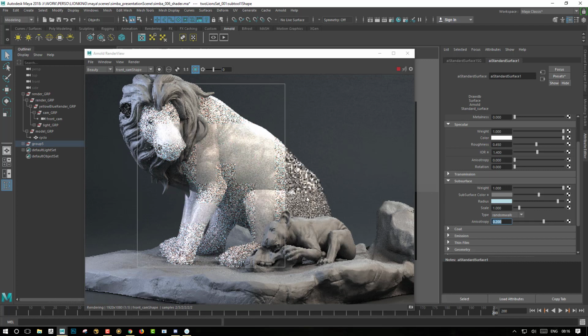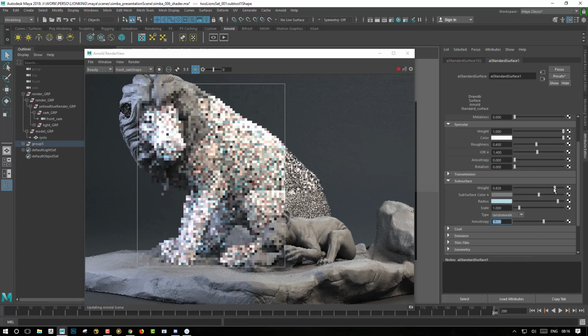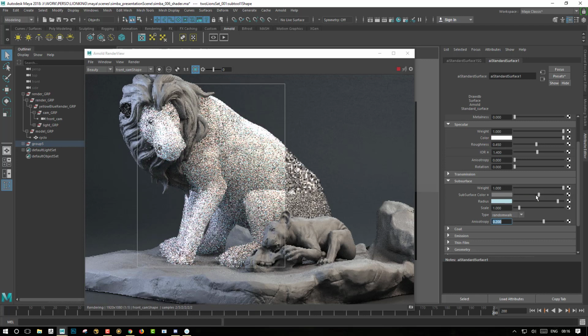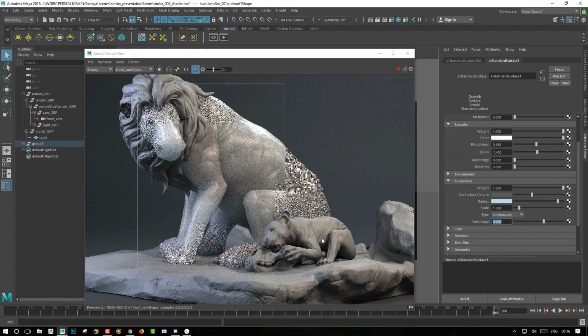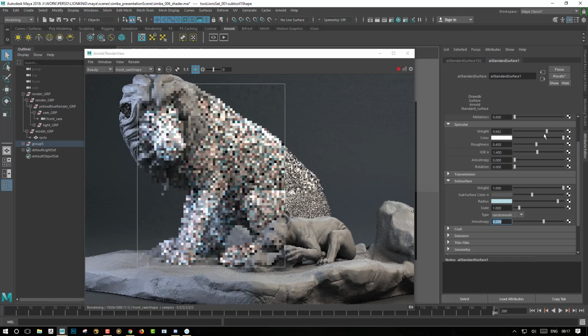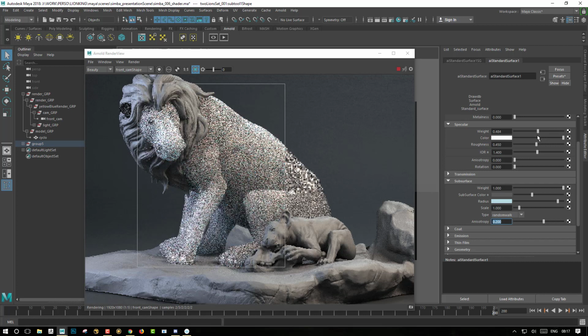So now that the shader has been set up, we just need to play with the different values. So I think that I will just try to reduce a bit the subsurface color. And maybe I need to reduce also what is happening in the lighting, because I think that the lighting was working well for my former shader, but for this one it's a little bit too much. I will also reduce the quantity of specular, so I can reduce it by reducing the weight, or I can do it by reducing the color.